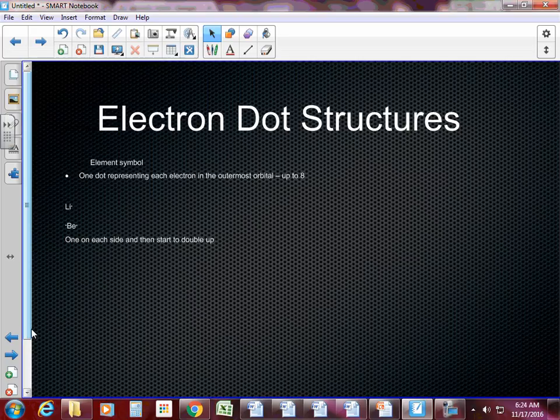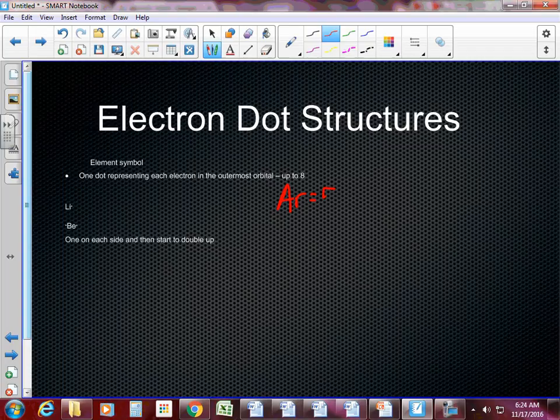Okay, so what you do is you put the symbol in the middle, and one dot represents each of the valence electrons. We just did arsenic on the slide before, and we realized that it has 5 valence electrons. So since it has 5 valence electrons, we put As in the middle, and we're going to put 1